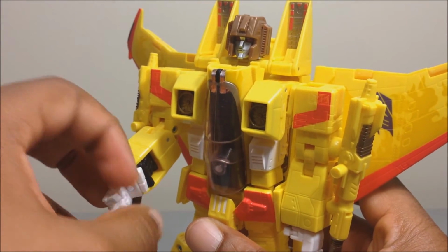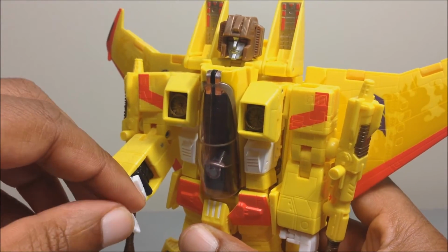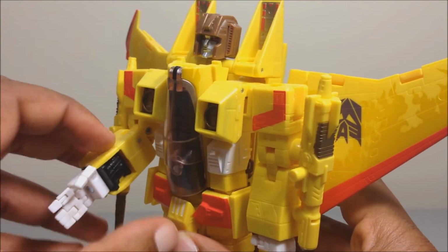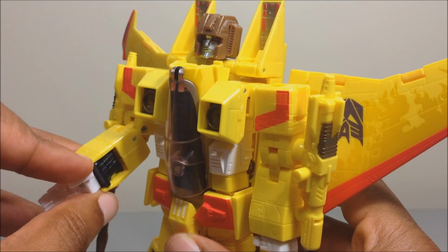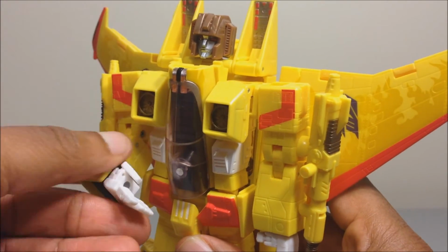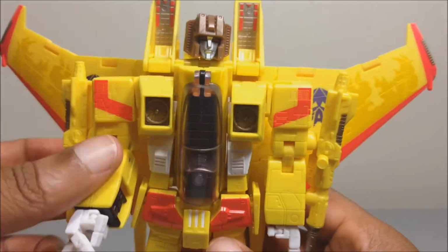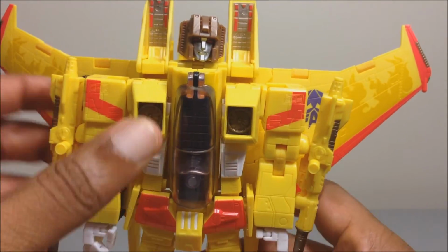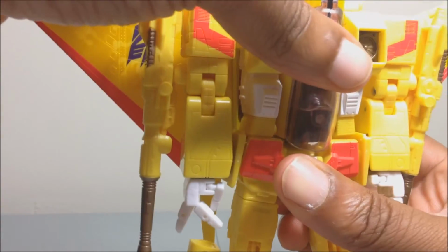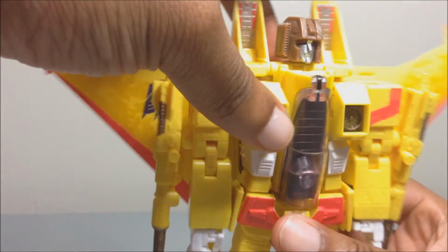Here's a pointer finger, which also has two articulated points at the knuckle, and his thumb. He has one articulation point, and his wrist does rotate. He can go out like this because of the transformation. His wrist. He has a slight waist rotation, kind of limited due to the transformation, but he can get over